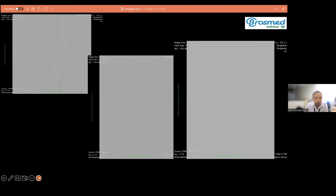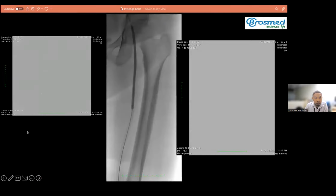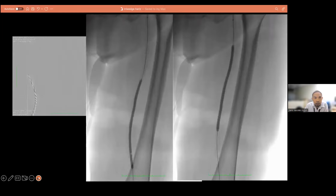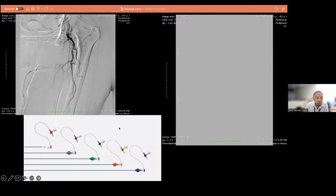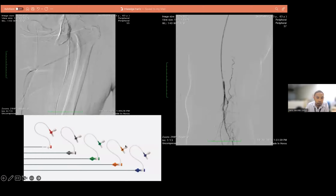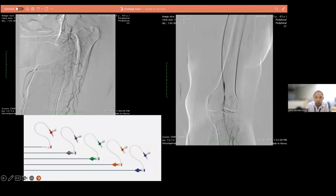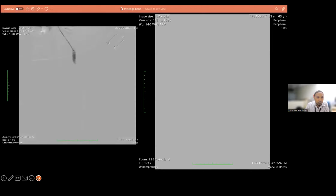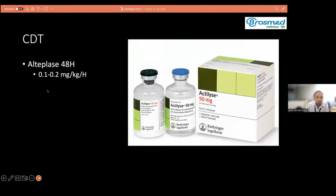So at this stage, it was discussed with me. I think the plan, so I came in and actually did the aspiration thrombectomy. Where was it? Sorry, okay. So at this stage, because of the cost issue, we used a long sheath, a Fortress sheath, and then did some aspiration thrombectomy, and after that, we left it. There is some improvement of the flow within the vessel, and there is still some residual thrombus. We thought that maybe we can just leave a catheter for thrombolysis overnight,